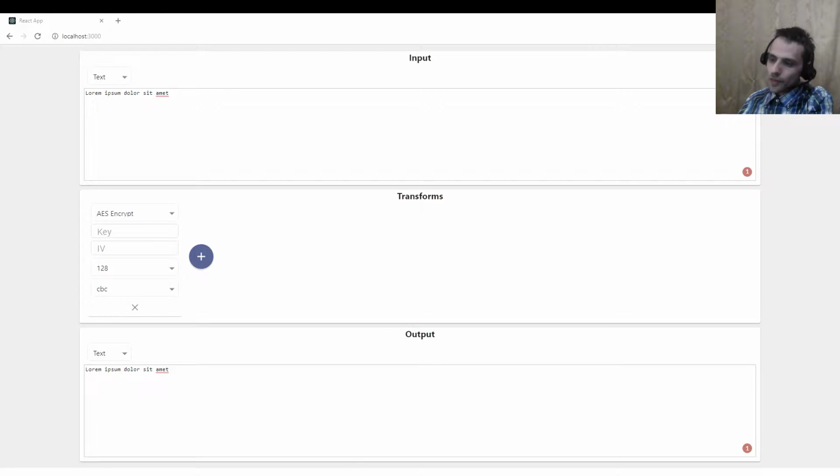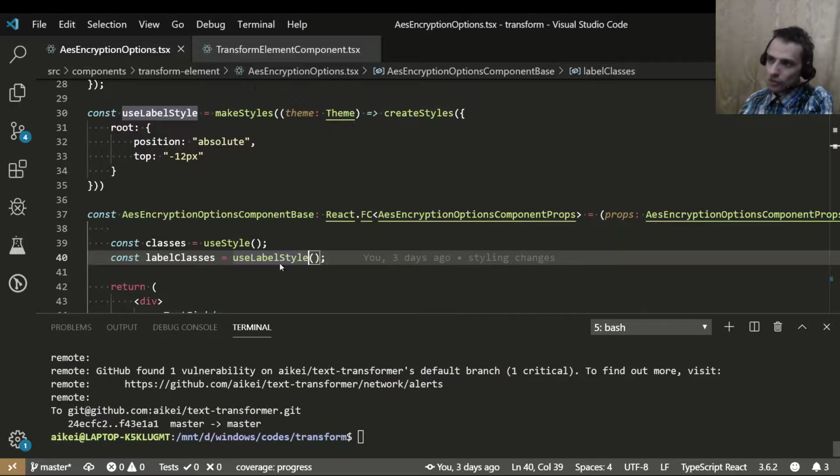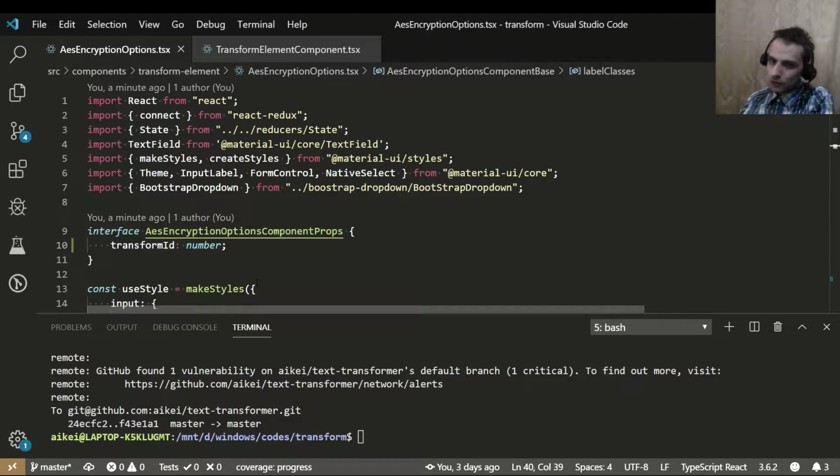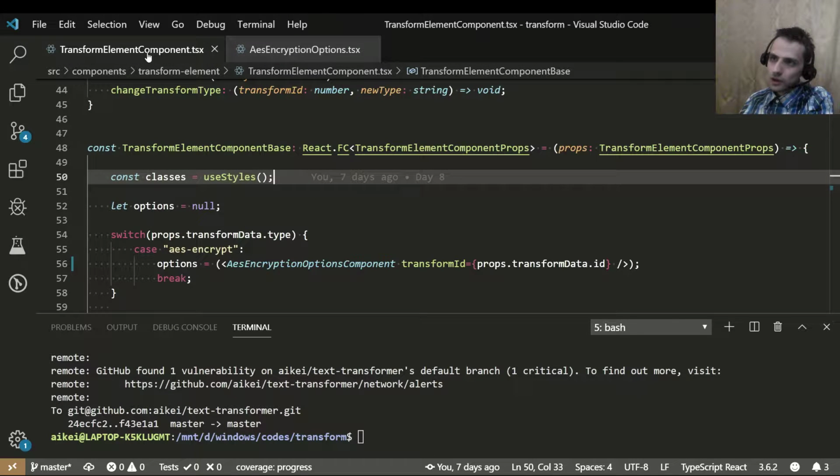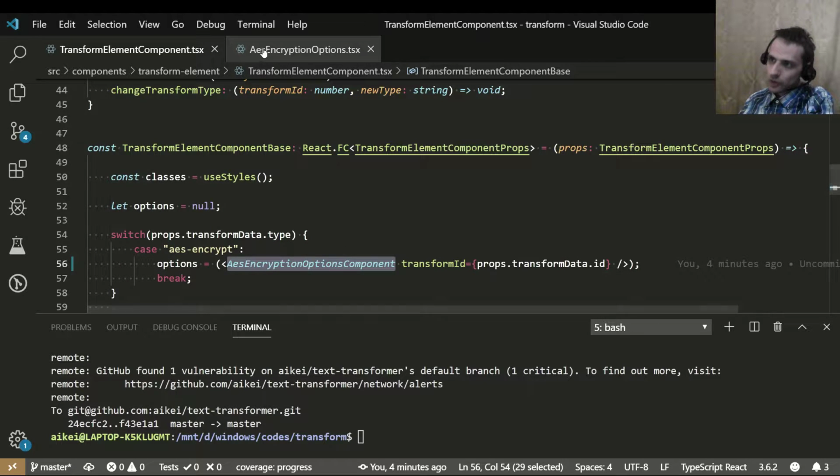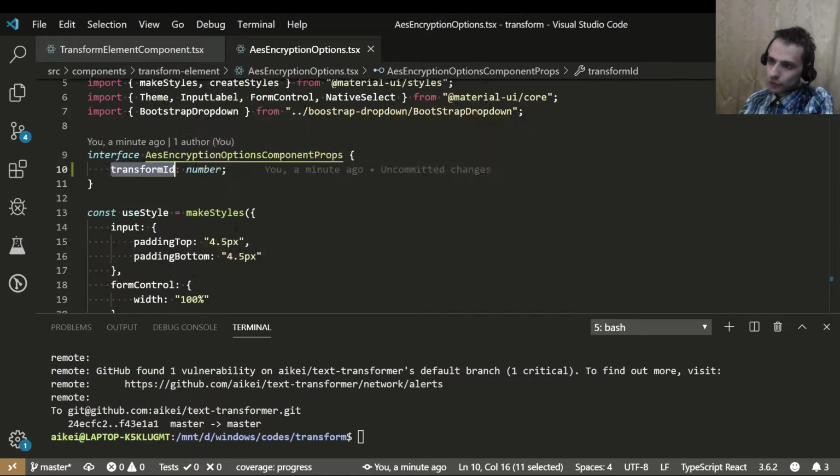So for that, we need to send them from our AES encryption options component, this one. That's what we don't do yet. So what I did before, when you couldn't hear me, I was passing this transform ID from transform element component to AES encryption options here. So now that we pass this transform ID,